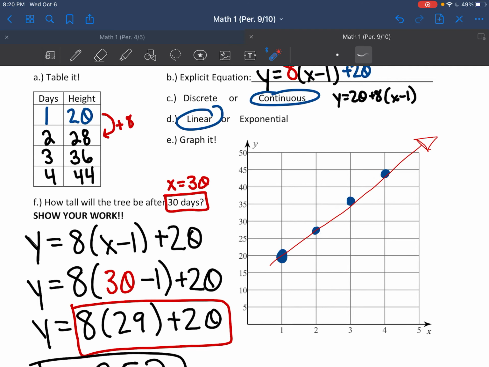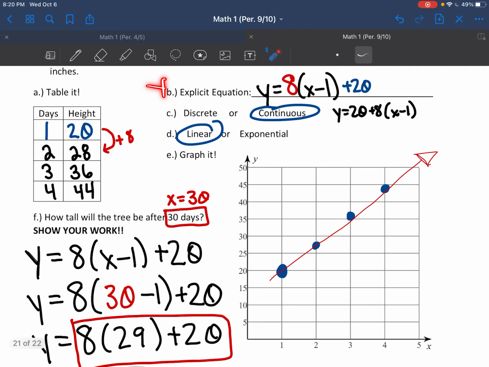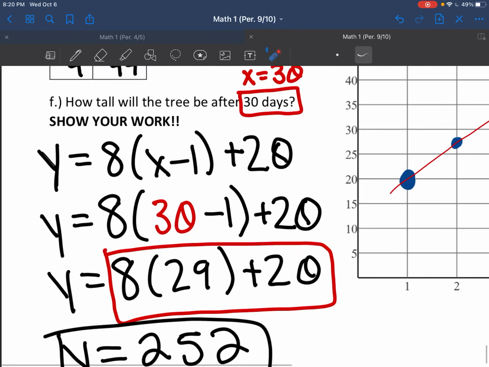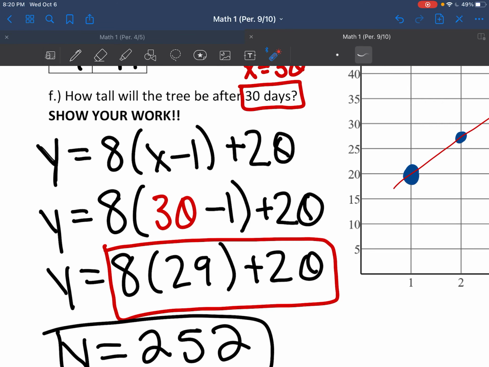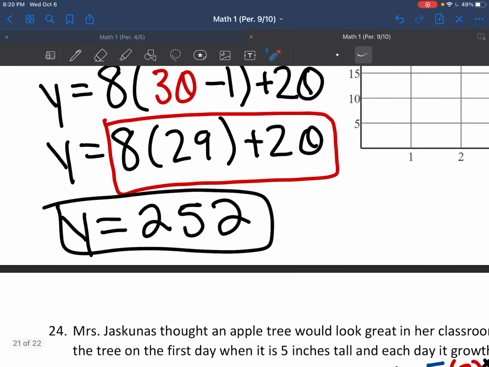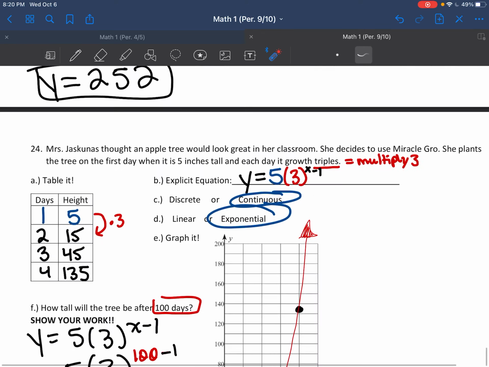How tall will it be after 30 days? Well, that means we need to use our explicit for letter B. And we replace our x because x is going to represent days. So x we replace with 30. You can type this into your calculator or do 30 minus 1 and type this into your calculator and you get 260. Next up, Miss Juskunis wants to